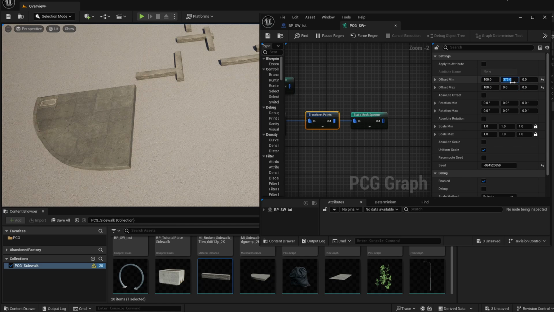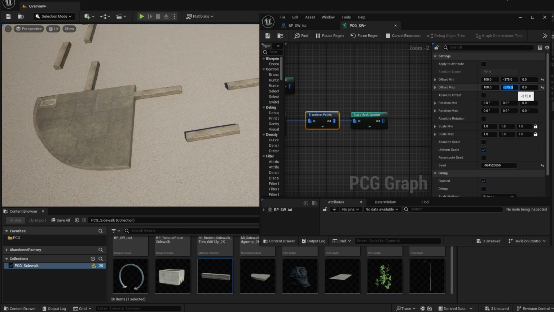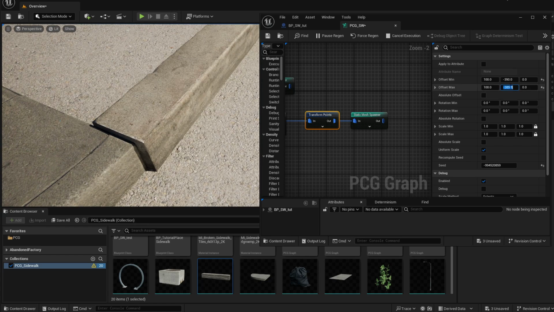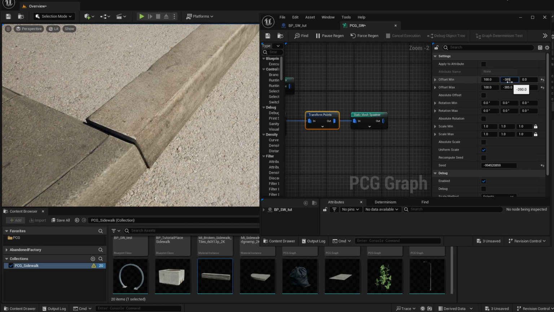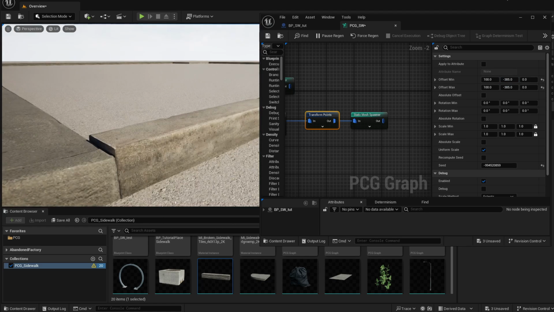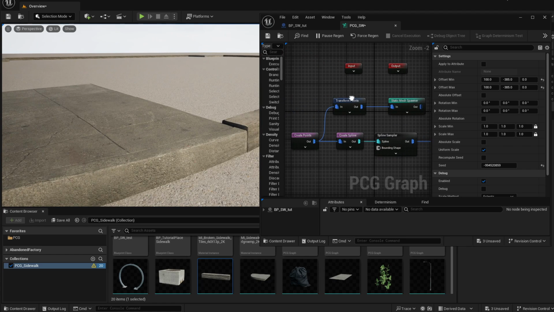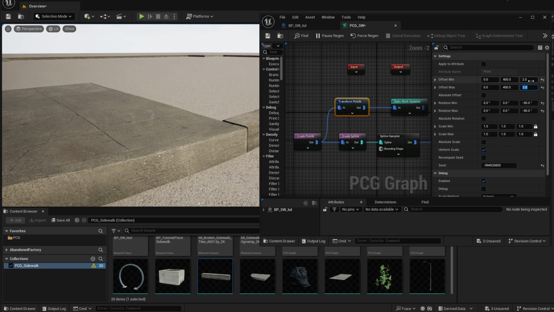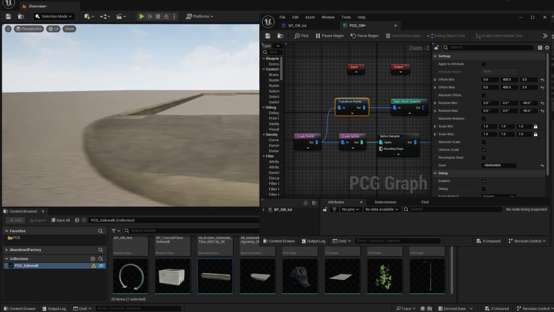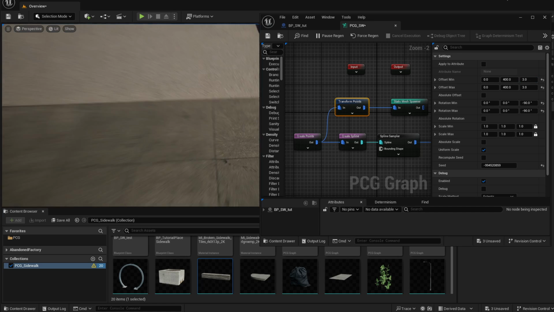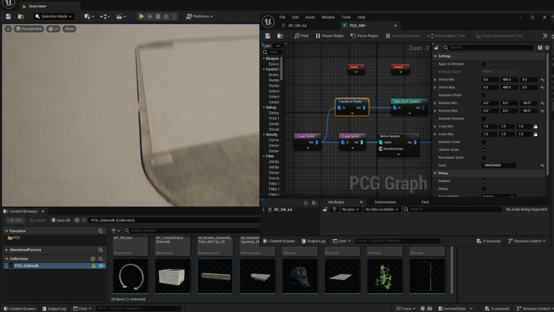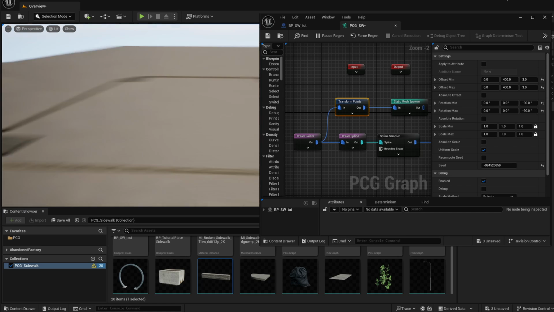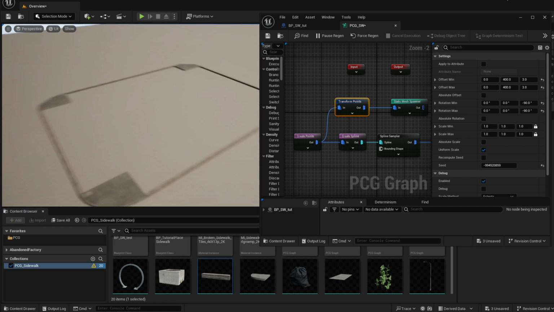And we need to move it -375, I believe. No, a little bit more. 385. Okay, now it's fine. It's a little bit high, but let's move the corner element 3 units up. Okay, now they are aligning better with each other. So now you have a proper placement for all your curb elements,